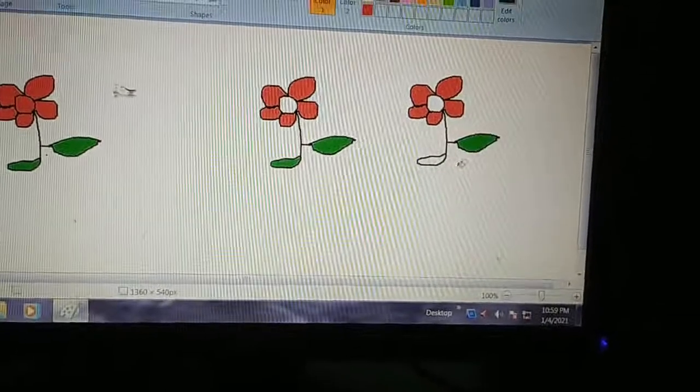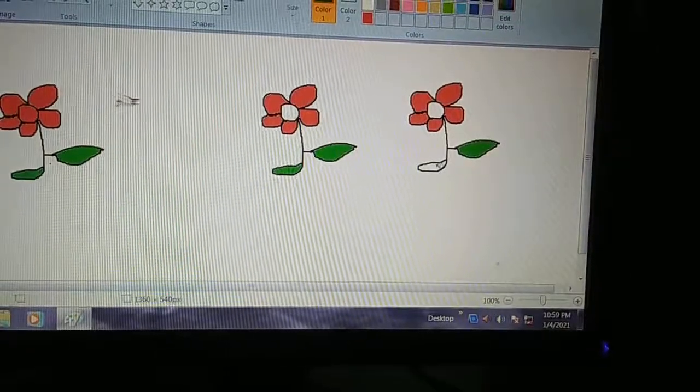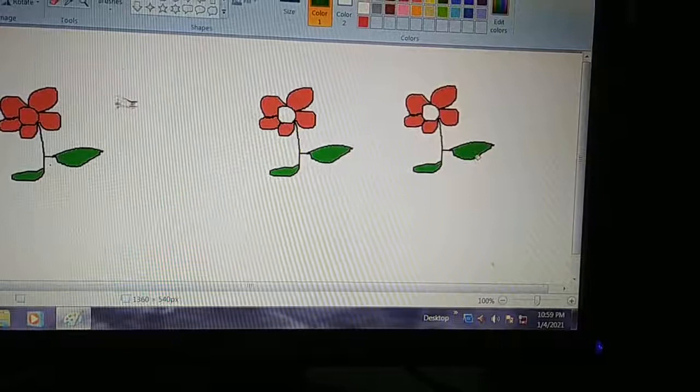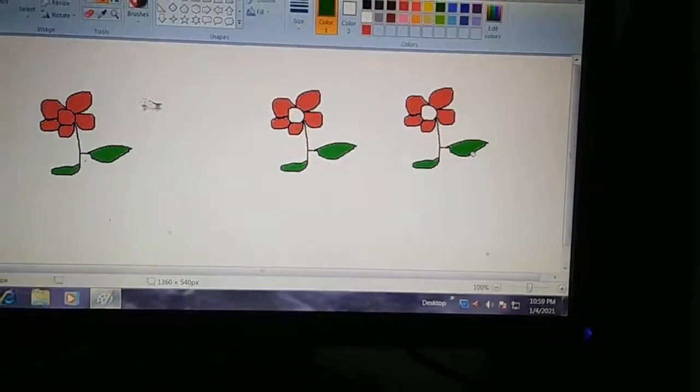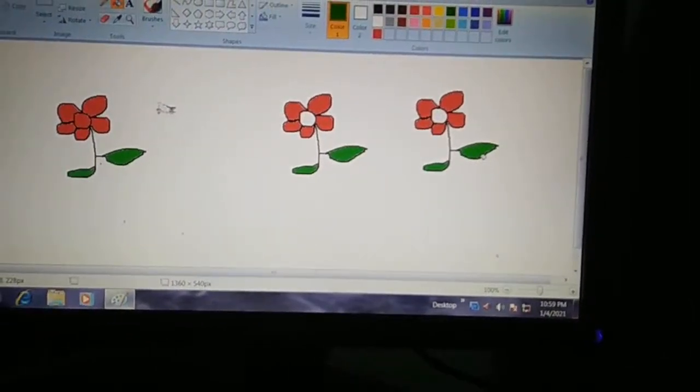So this is called picking color. Instead of selecting color from the color group, we can pick color from the drawing. I hope you understood how to pick color from the drawing using the color picker tool.